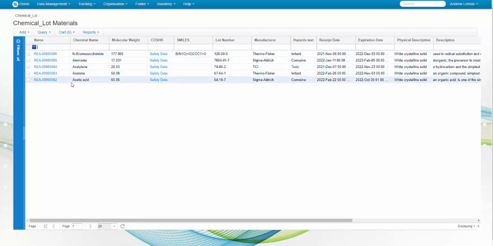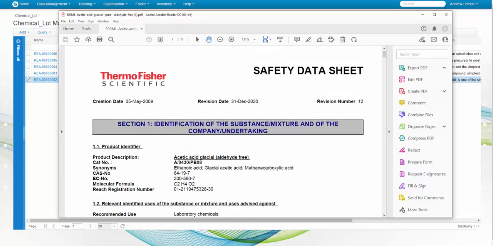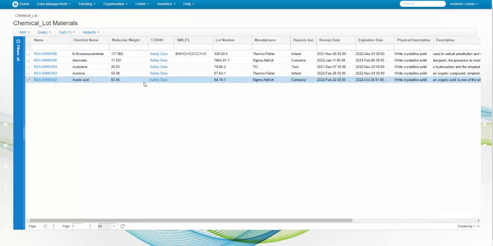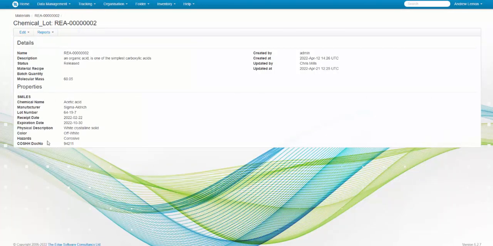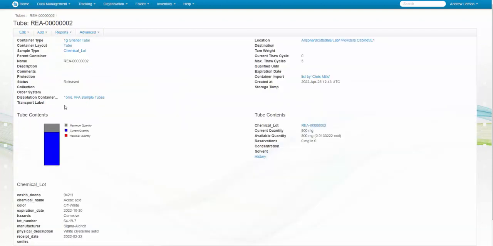Here's a set of chemical lots. We've also loaded in safety sheets for these, so if you click on the safety data sheet area, it will open up the appropriate safety data sheet as a PDF file which has been loaded with that particular reagent. If we click on the reagent itself, it will show you the details. So again, we've got a different set of attributes that we've registered for this particular one. If we want to go and look at the tubes that contain this, they'll be in here. So here's a container that's got that particular one in, and you can see the quantity information that's in it